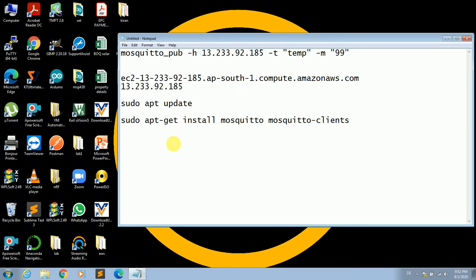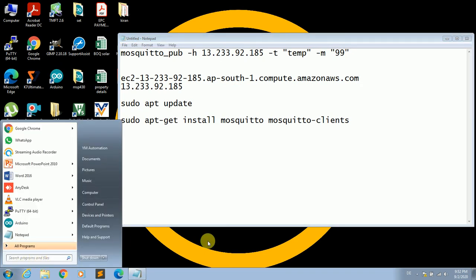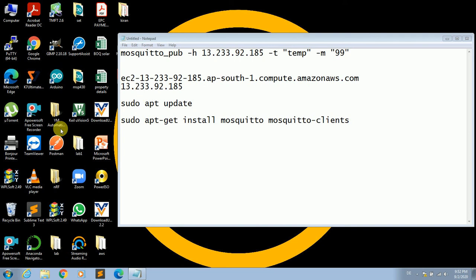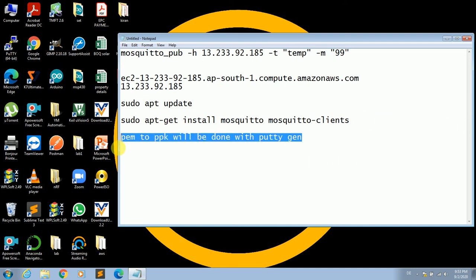Now we have to go for PuTTYgen, right? You will be downloading the PEM file. You'll be receiving a PEM file from the server when you create an instance, right? PEM to PPK format conversion will be done with PuTTYgen. Once this is done, we'll open up PuTTY.